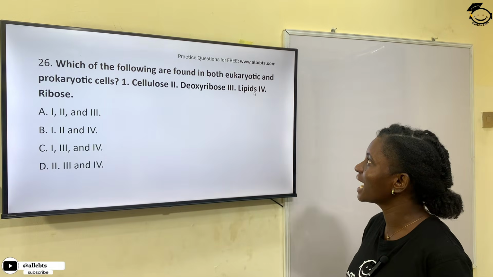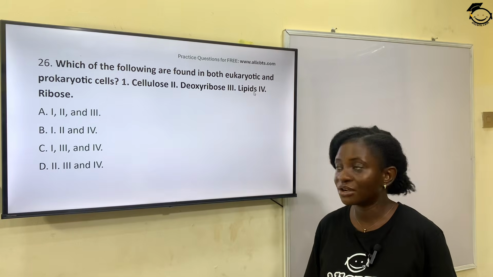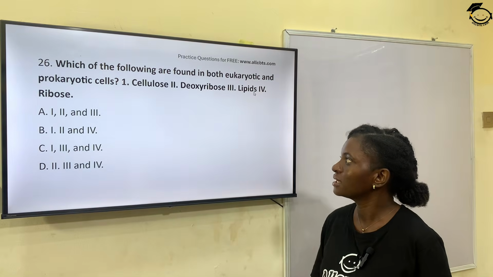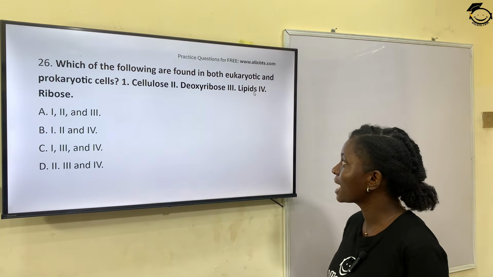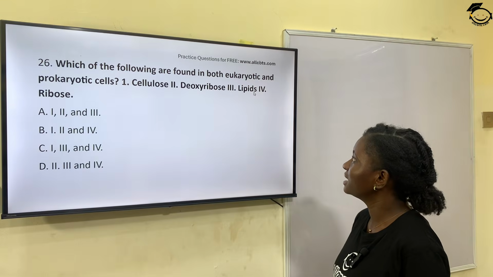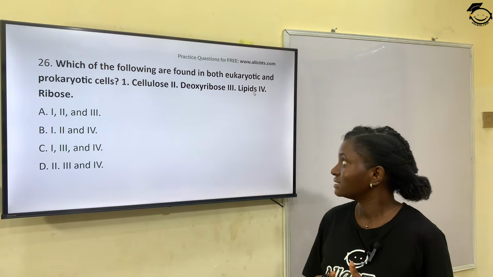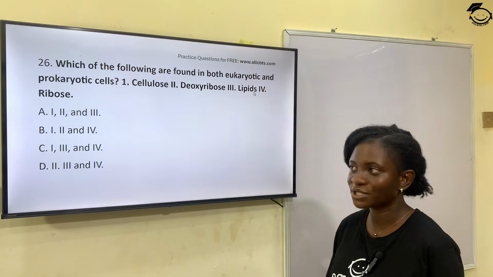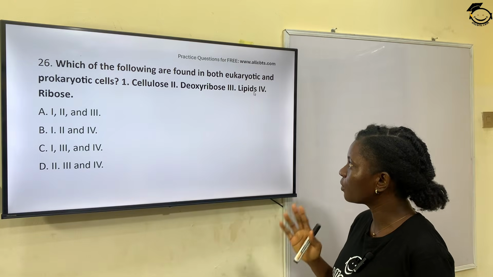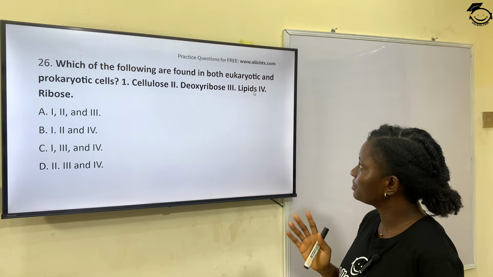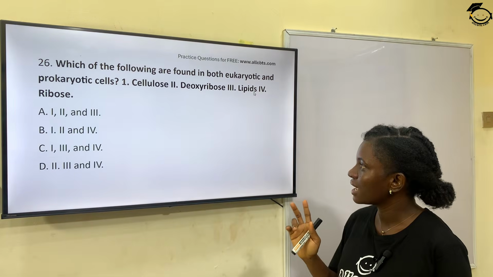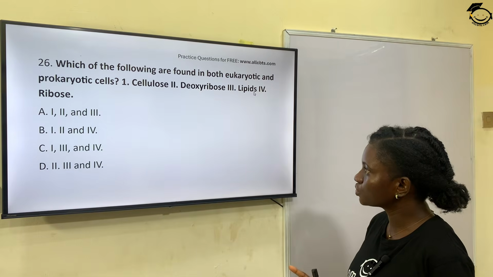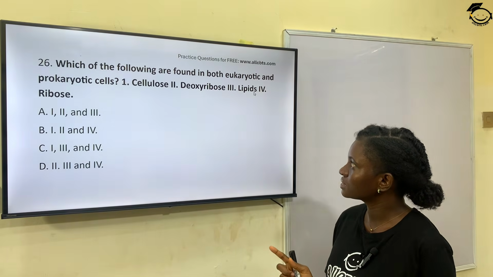Which of the following are found in both eukaryotic and prokaryotic cells? Which of these following? 1. Cellulose, 2. Deoxyribose, 3. Lipids, 4. Ribose. Option A says 1, 2, 3: cellulose, deoxyribose, and lipids. It is not 1, 2, 3 because